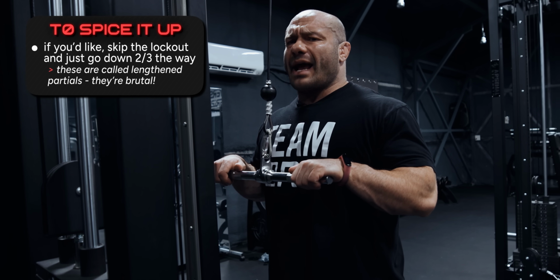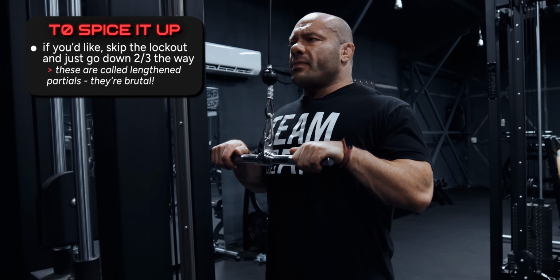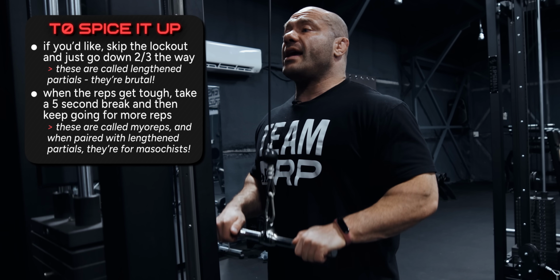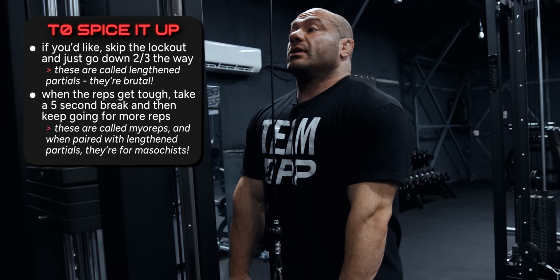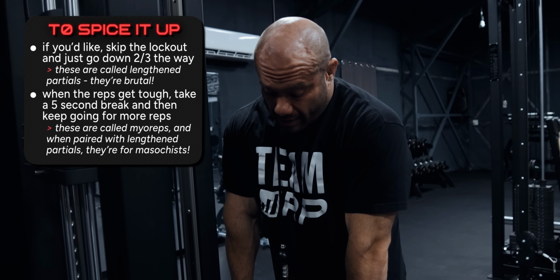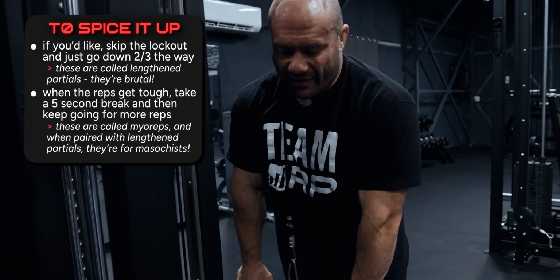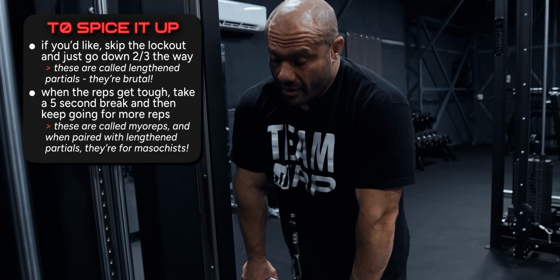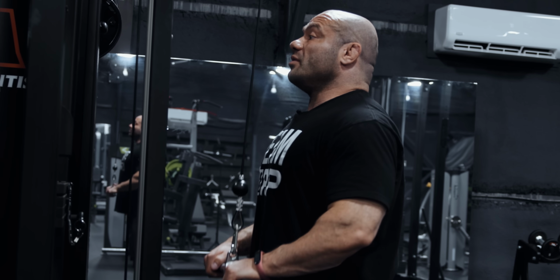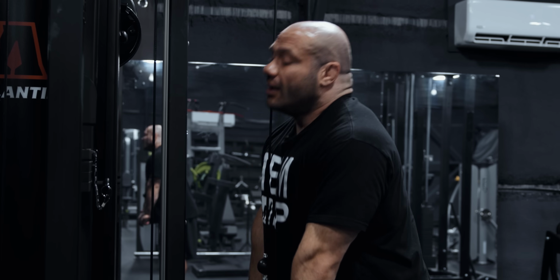This is brutal and terrible. And if you're a real masochist like me, what you can do is you can do these 2/3 reps until you're almost failing. And then you can lock out the last one, take your shoulders, lean them over the bar, lock out completely. Now it's bone on bone action, which isn't bad for you. You're not that fragile. Your triceps get a bit of a break. And then when you're ready to go again, you lean back and cook a few more reps of 2/3. When you're really gassed out and you can't do them anymore, lock out, lean over,